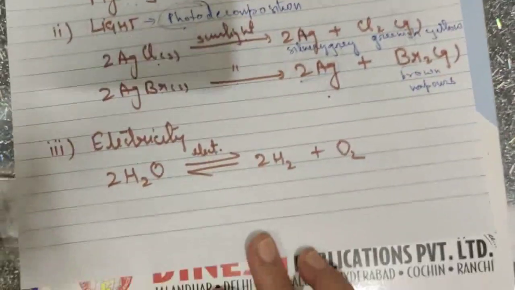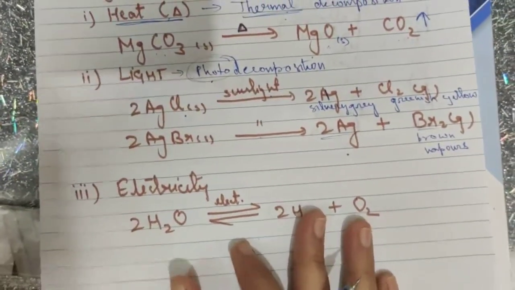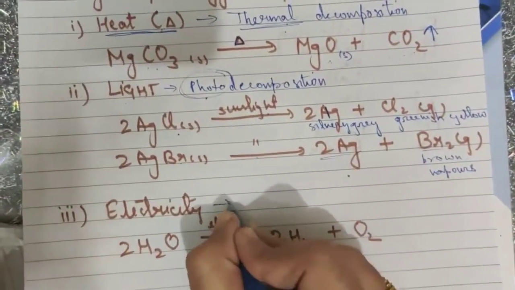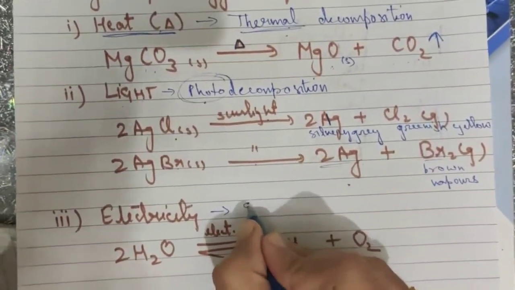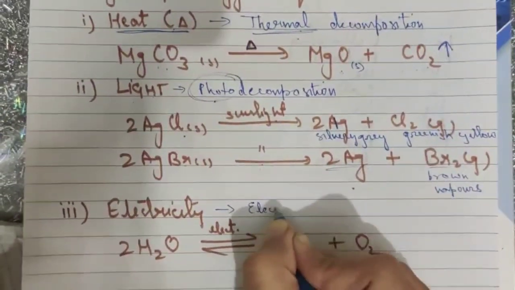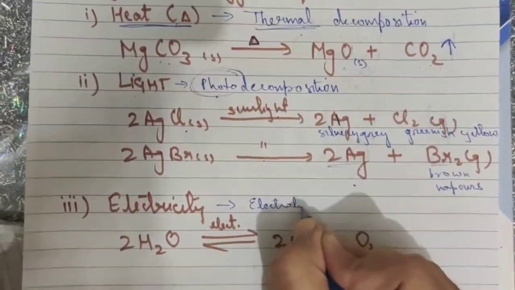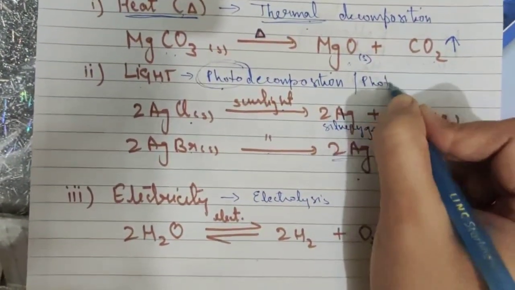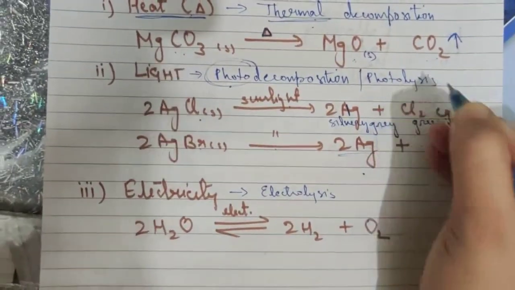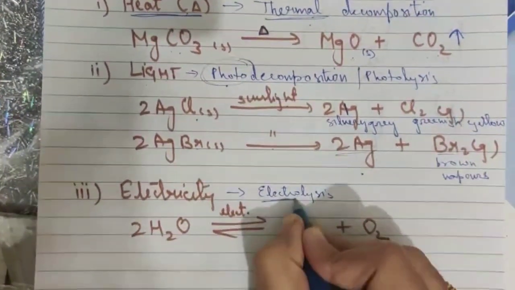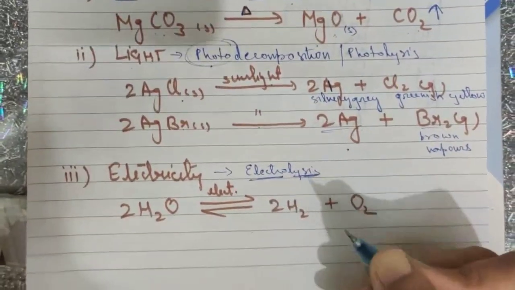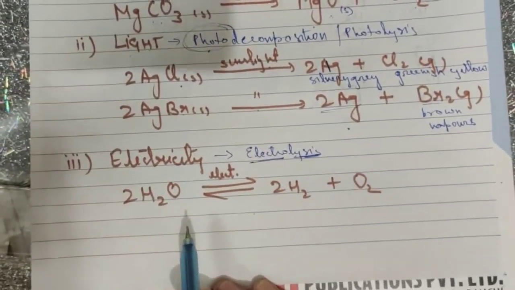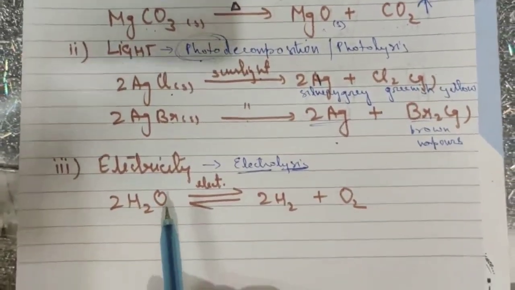Now the third agent is electricity. Now the decomposition occurring in the presence of electricity is known as electrolysis. This is also known as photolysis. Now, electro means electricity, lysis means breaking down. So, in this, obviously, since I'm talking about electricity, the decomposition will occur in the presence